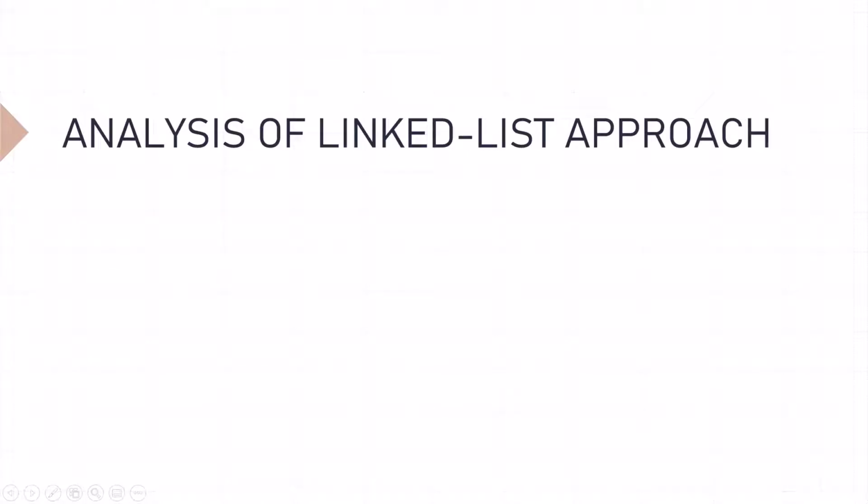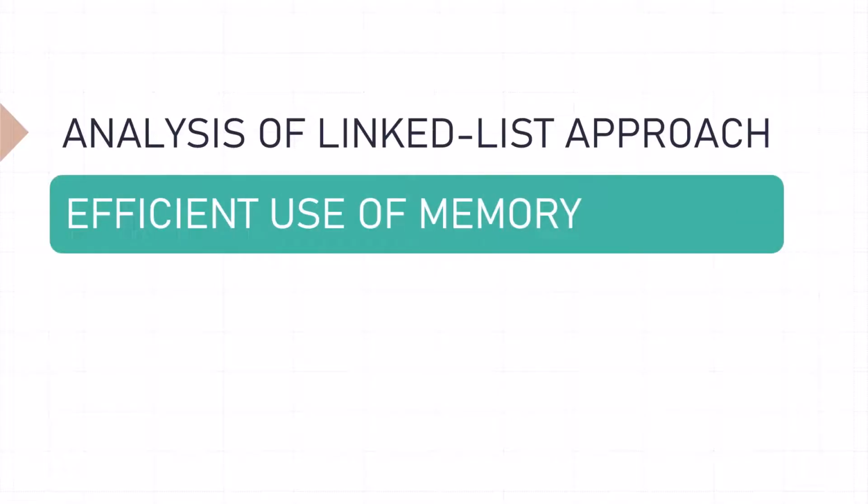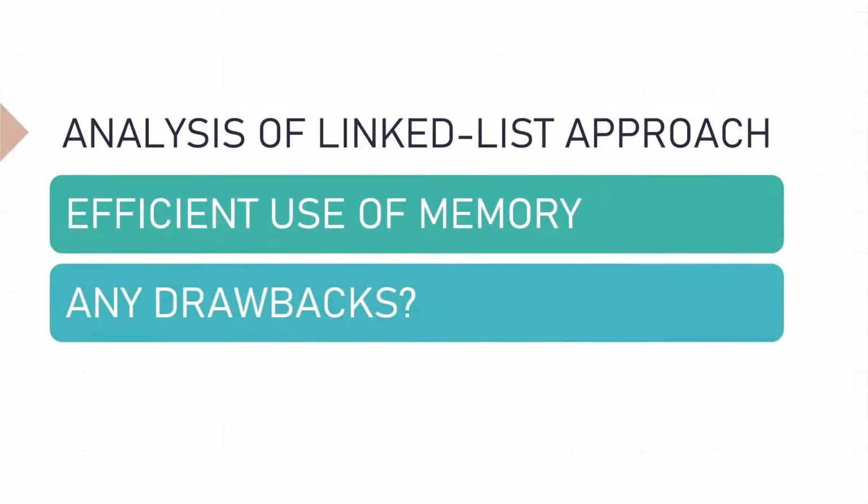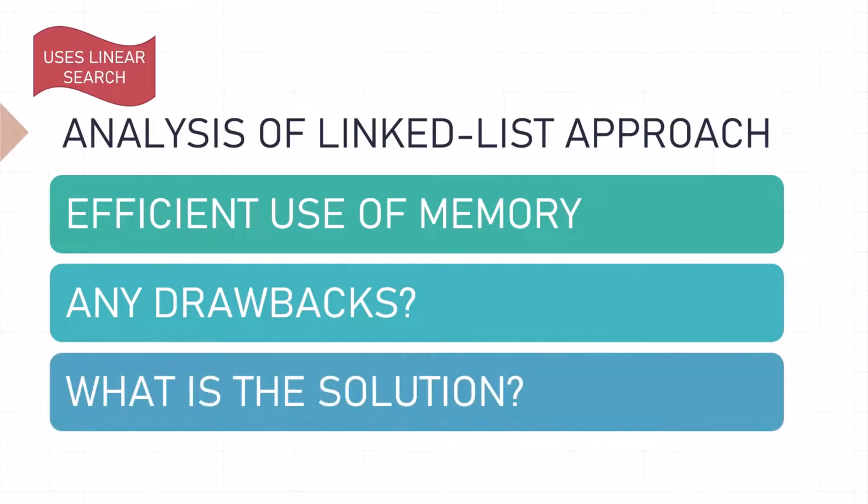Let's now discuss the analysis of the linked list approach. First of all, it's an efficient use of memory because remember, with a sparse array, the physical array will just contain the elements that have non-zero values. Are there any drawbacks to the linked list approach? Yes, of course, because we're using a linear search, as is the case with linked lists. What is the solution then? The solution is, of course, to use the binary tree approach to sparse arrays, which we will discuss in the